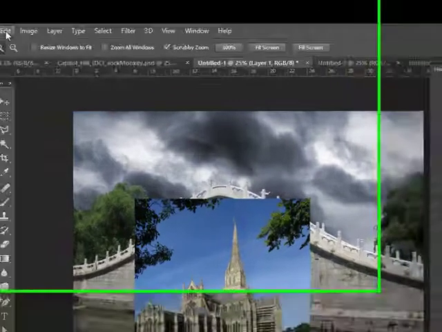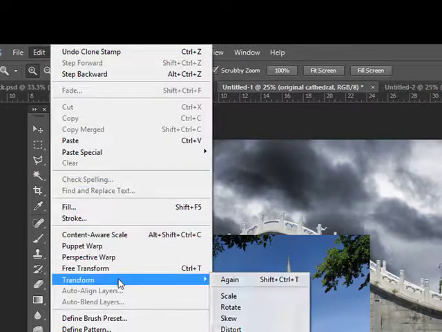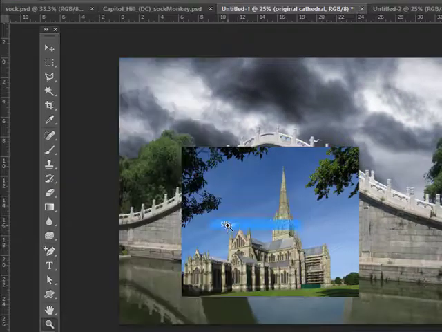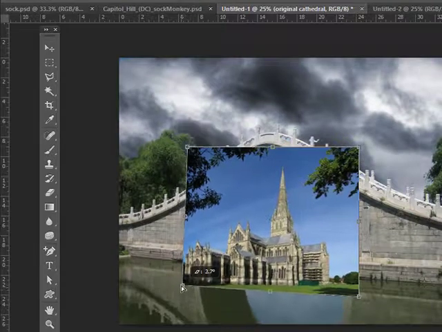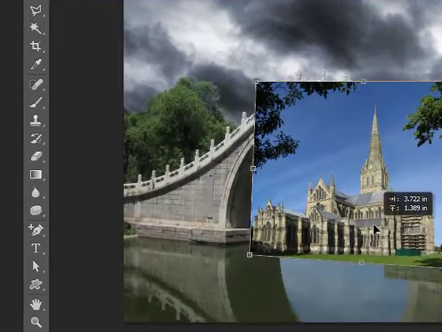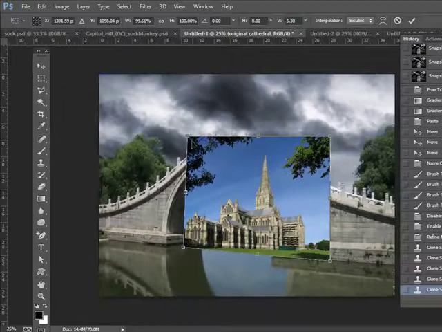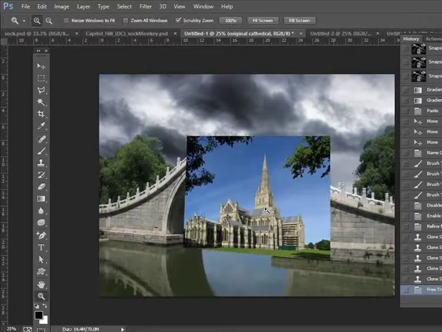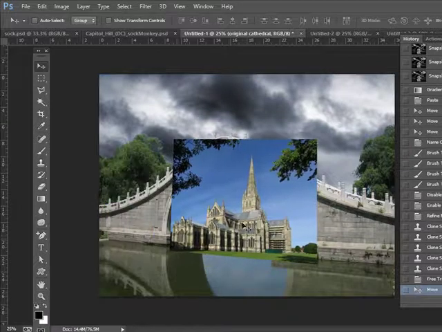I can go up to, making sure I'm on the right layer, Edit, Transform, and for this I would try Perspective and Skew, and you might end up using both of them, one right after another. And what I want is for the slant of that cathedral to follow the same slant that I have of the bridge. So I might commit to that, and then actually what I found later on was that it really wasn't enough to get it to look like it fit. After I had it in the right spot, I went back up to Edit, Transform,